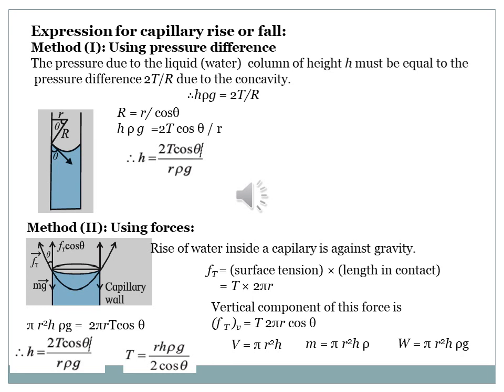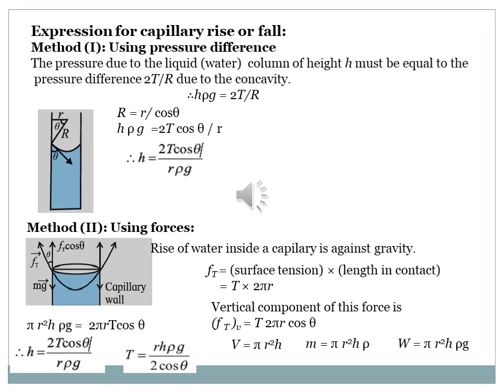Again, we are going to consider a capillary tube in which water has risen, and we are going to consider the forces which act against gravity. Ft is the force exerted by surface tension, and the force created by gravity is the weight, that is mg. So mg will be in the downward sense and Ft will be in the upward direction. As it is a vertical component, it should be multiplied by cos theta. I have told you all the directions and dimensions, and why it is taken as cos theta itself. I have already taught you that last year.